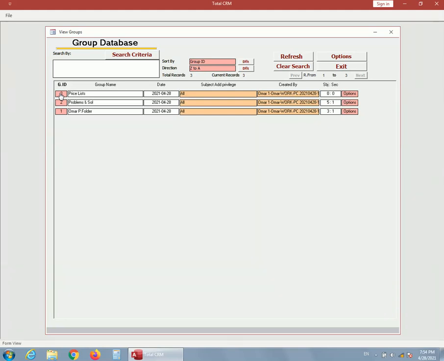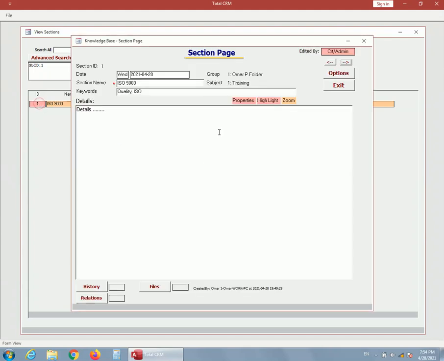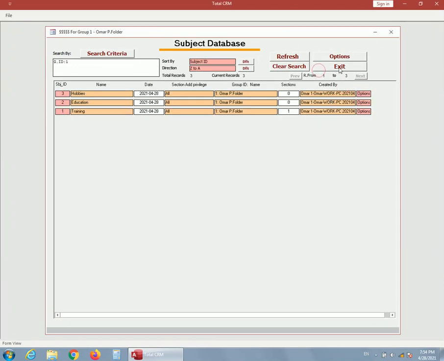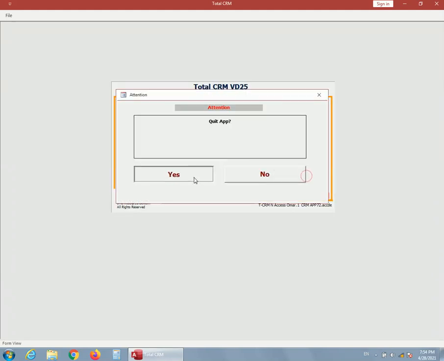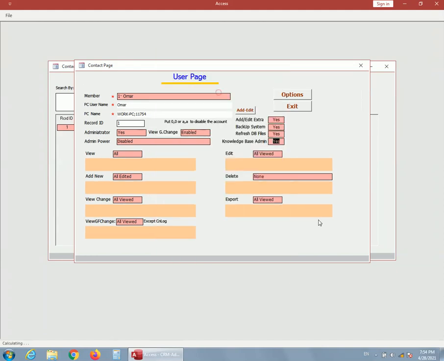However, suppose, just for illustration, we decide that we want this section not in this subject, but in another subject. The normal user won't have the privilege of changing sections or subjects. The one who has that power is the KnowledgeBase admin. So we need to select a user and give him that privilege. So if I put yes for KnowledgeBase admin,